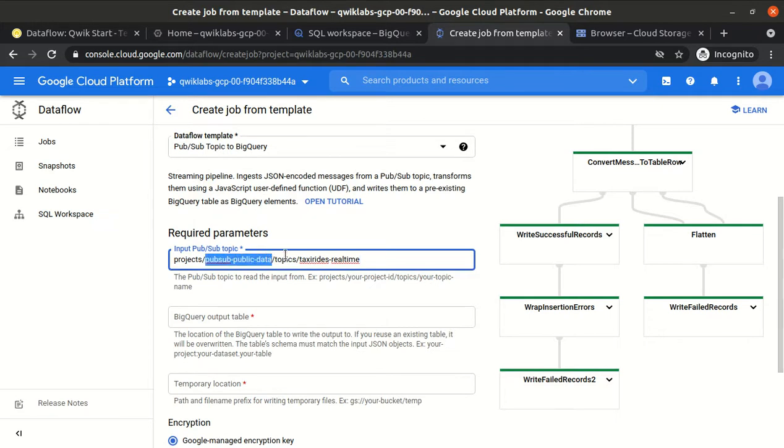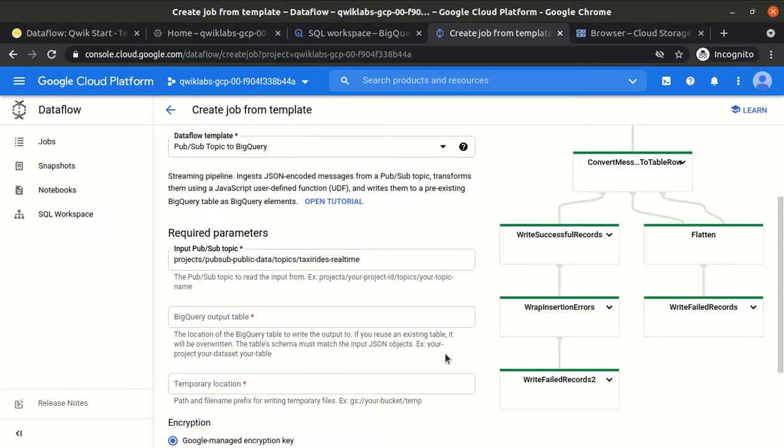And then topics, and then your topic name. We have given taxi ride real time. This topic should already exist in this public data. We are not creating our own topic under our project, but we are using the public Pub/Sub topic.